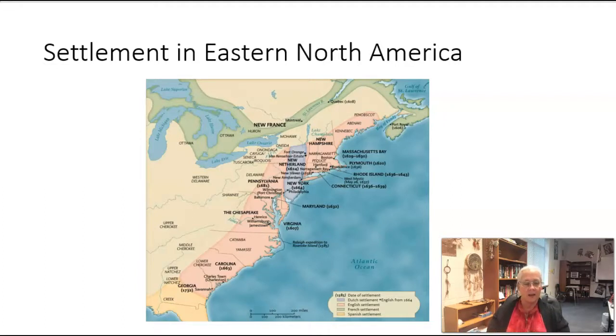In North America, it's not going to be that way. It's going to be called chattel slavery, and it's going to be more and more associated with the slave being the property of the master and losing their identity as a person. It doesn't start off that way. The original slave labor to start with is going to be indentured servants. But indentured servants can buy their way out of slavery. They can earn their way out of it.